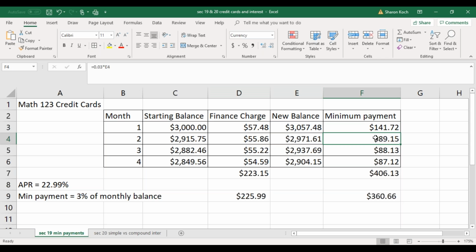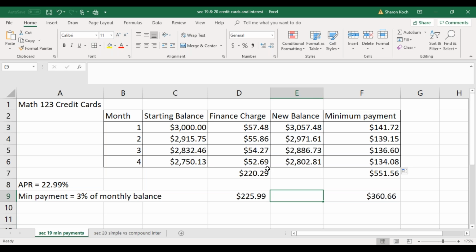All right, and in that case, I want to make sure that I drag these numbers, make sure everything updated. And so my minimum payment, since that's the thing that was affected there, is a little bit higher, okay, but look what's happening here. I'm paying a little bit less in finance charges, and my balance is a little bit less,